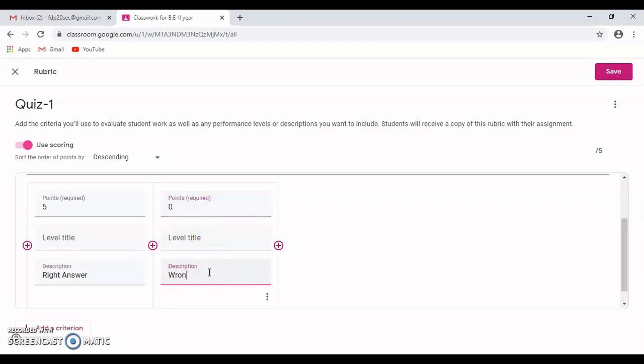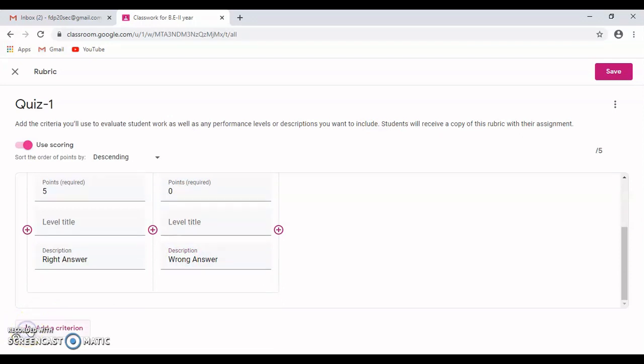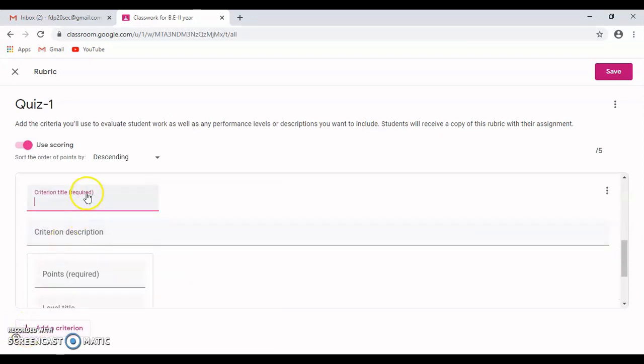Now I click on this add a criterion. Here question 2. I click on the points, 5 for right answer.